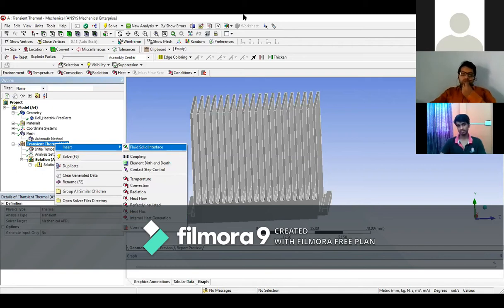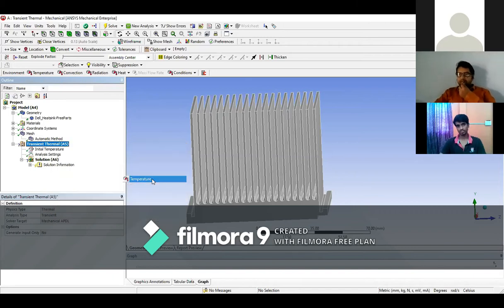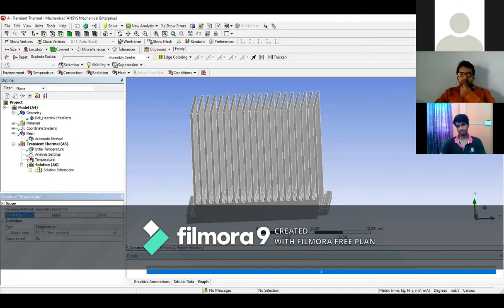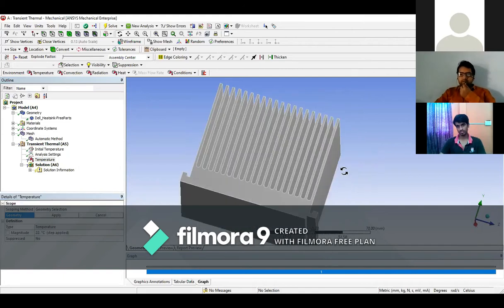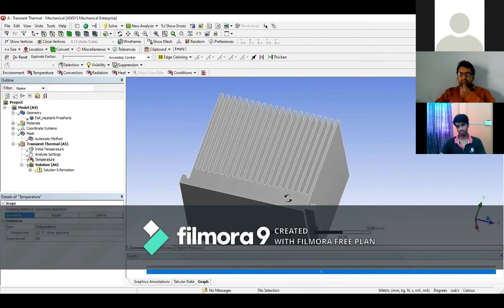Okay. So we apply the first boundary condition, the temperature. Click on the temperature boundary condition. What value of the temperature should we put here? For the temperature boundary condition, this heat sink is mounted on the motherboard inside. Okay. So the bottom of the heat sink's temperature is more than the surroundings, and we take here 80 degrees. Okay. So we select the temperature 80 degrees.